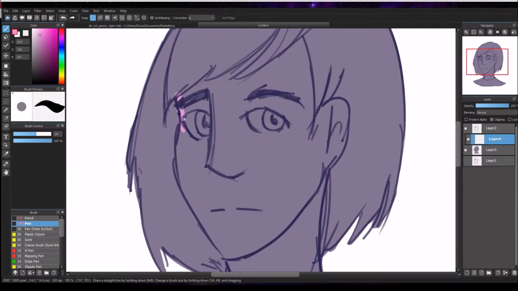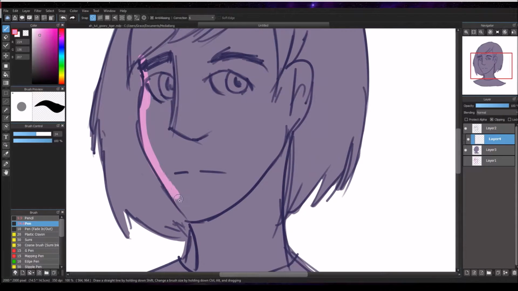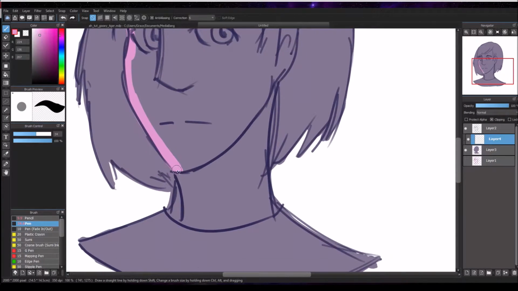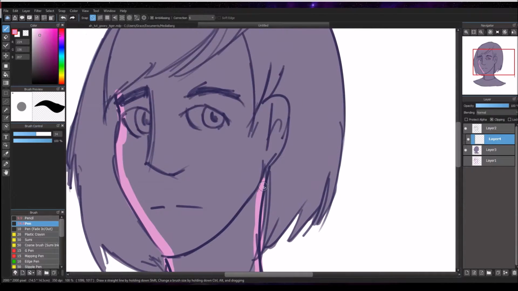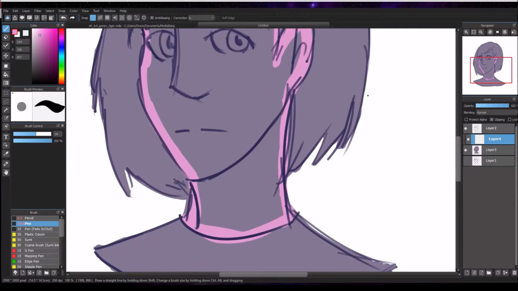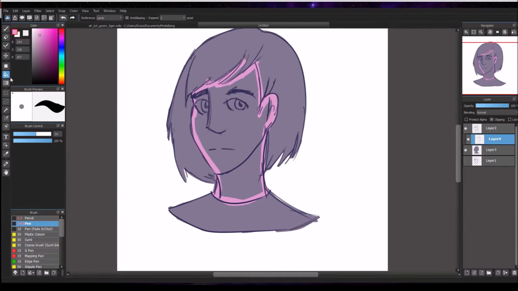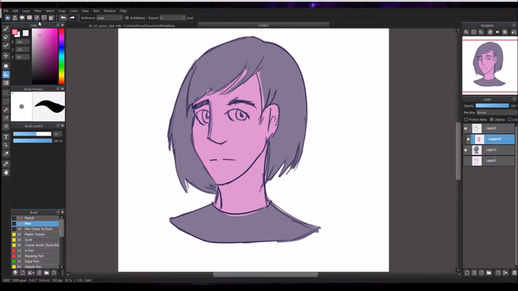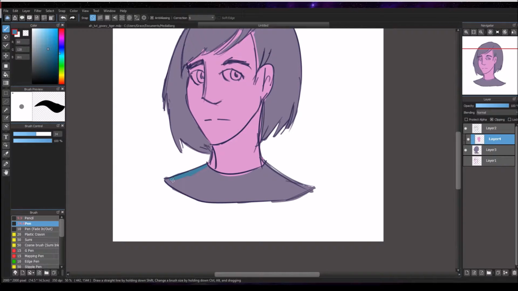So basically now I go in and fill in all of my base colors like so, where I just kind of decide what colors I feel like doing. For this piece, it's not going to be that hard to figure out what I want because it's so small, but for other things like